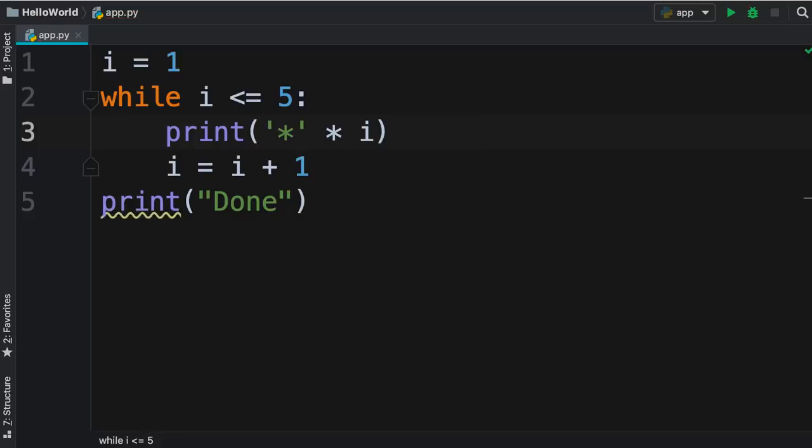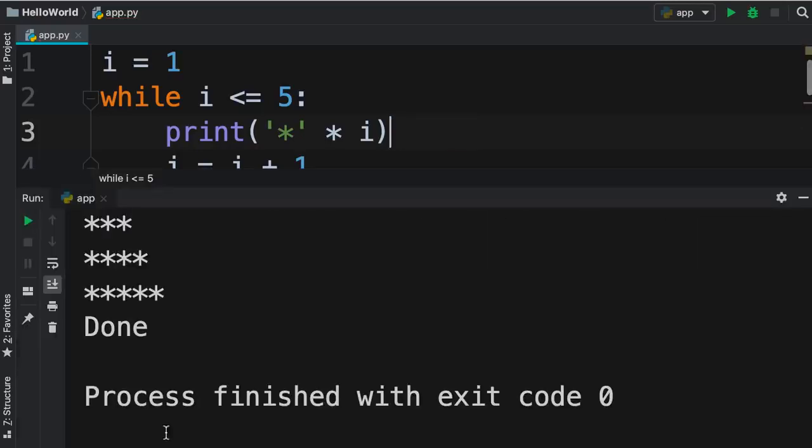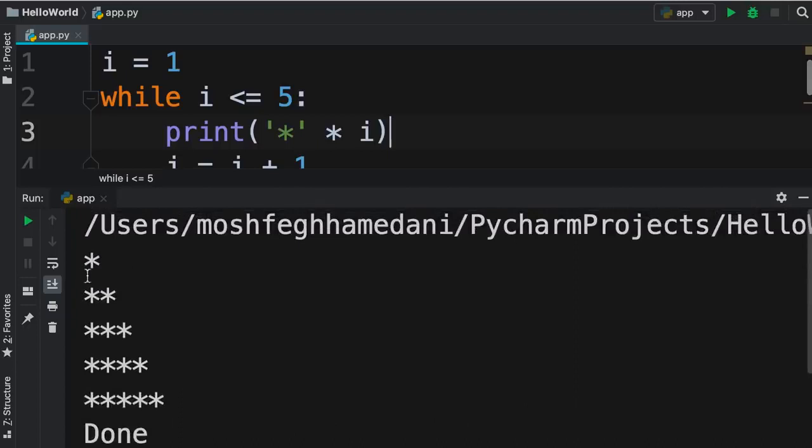Okay, now let's run the program and see what we get. So we get this little triangle shape here because in the first iteration, i is 1. So 1 times an asterisk produces 1 asterisk. In the second iteration, i is 2. So